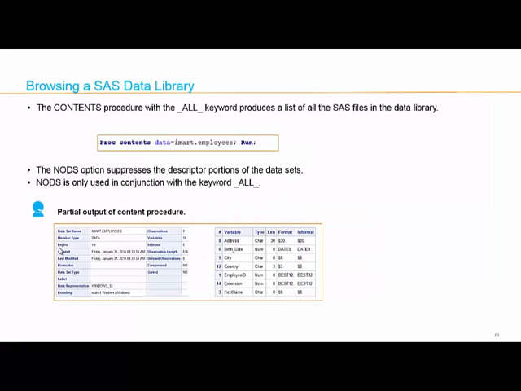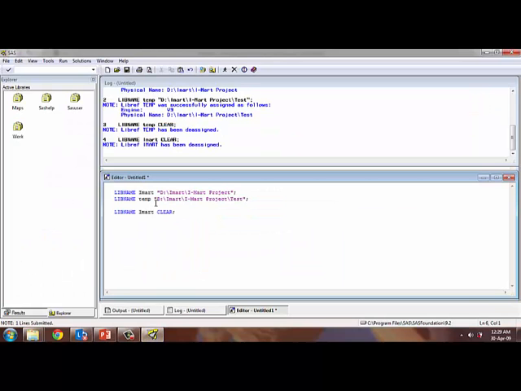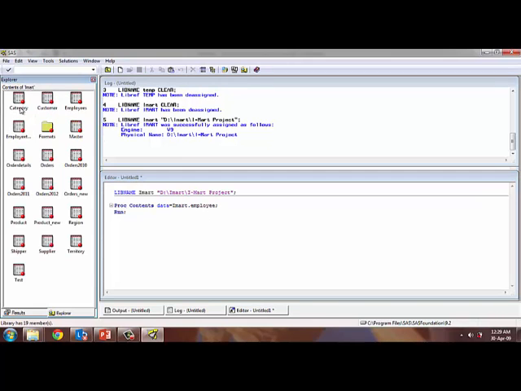So next is browsing a SAS library. Whenever you want to browse a SAS library, you can use PROC CONTENTS. I think we have already discussed the use of PROC CONTENTS. First I will assign the library, then I'm going to use the procedure PROC CONTENTS data equal to. Here I have to assign IMART dot followed by your table name. You can use any of the table names. For the time being I'm using employees as my table name,